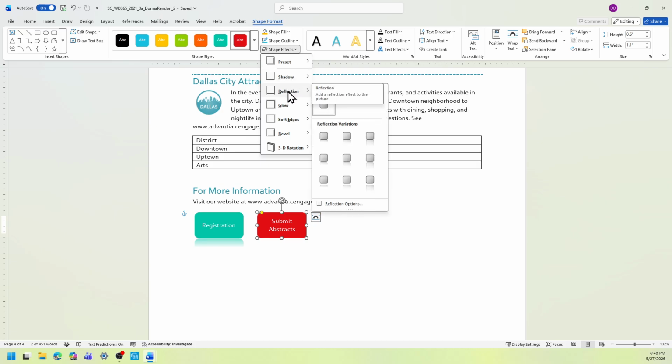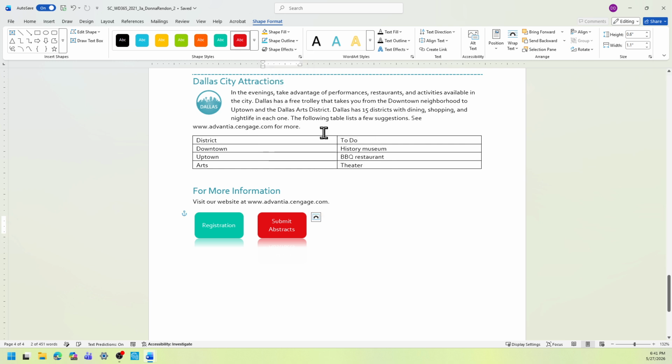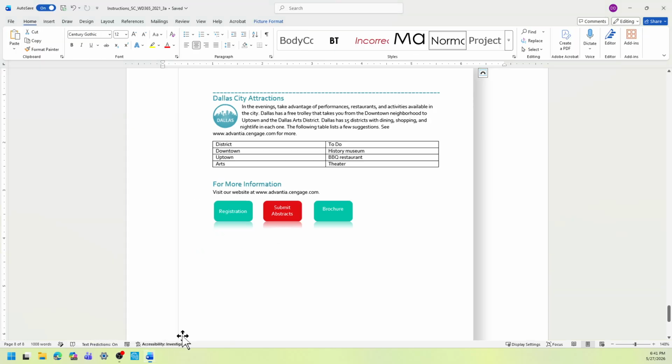So go down the list, click the reflection, go to the right, and then look for the touching shape effect. So that's half reflection. This is tight reflection touching, which is the first column, first row. Click it once.